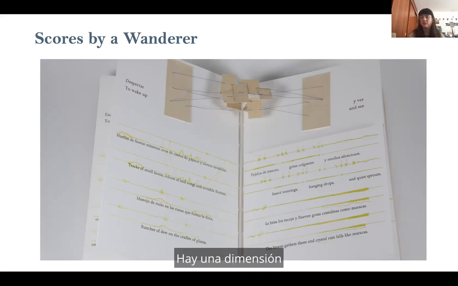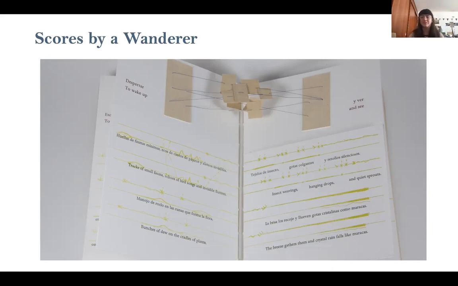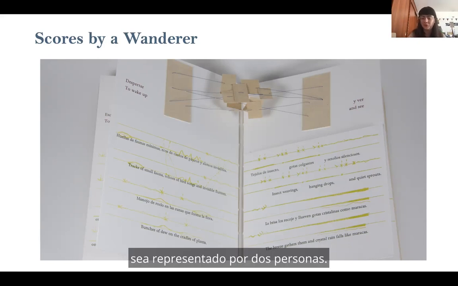So there is one dimension of the reading that, of course, can be to understand the text, but there is also another dimension of what is happening when this text, that was written in both languages at the same time, is interpreted in the same way, right? The way it sounded in my head is the way it will sound when it's performed by two